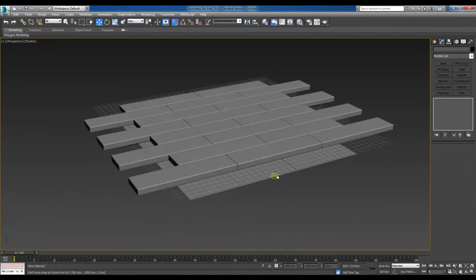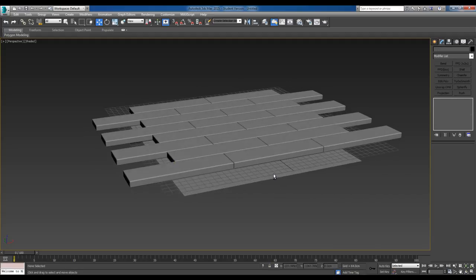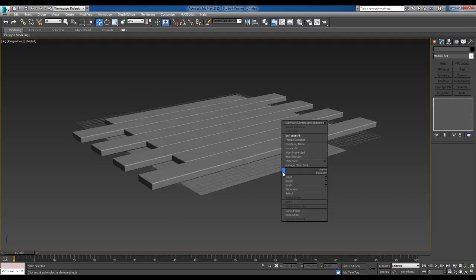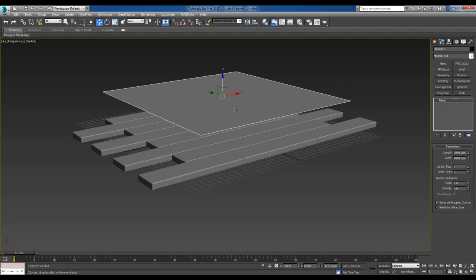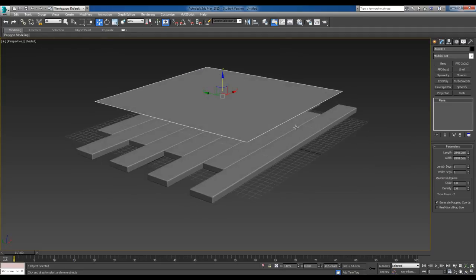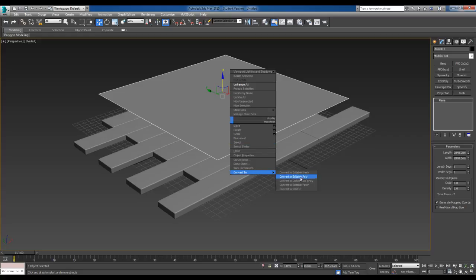Okay, so this object is still frozen. We can turn our snaps off by pressing S or just clicking that button. So this is still frozen, we can't select it, we can't move it. So the next step really is to unfreeze it. If we right click and choose unfreeze all, we can now select it and we can drag it above our objects. Now this is still plain, we haven't converted it to a poly yet, so if we right click and convert to an editable poly,